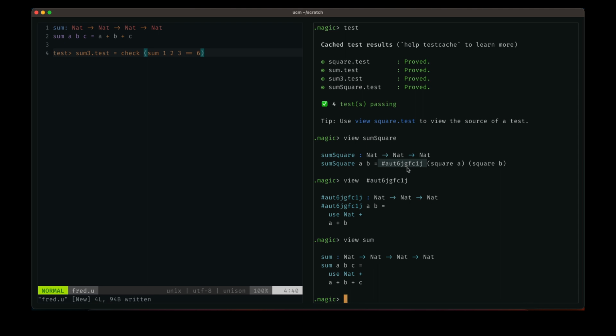So somehow Unison kept the old definition lying around, and it's called this AUT6 thing. And because we updated sum, the name sum no longer refers to that old function, but it's still got it under this AUT name. So here's a strange thing. If I go back into my editor buffer,